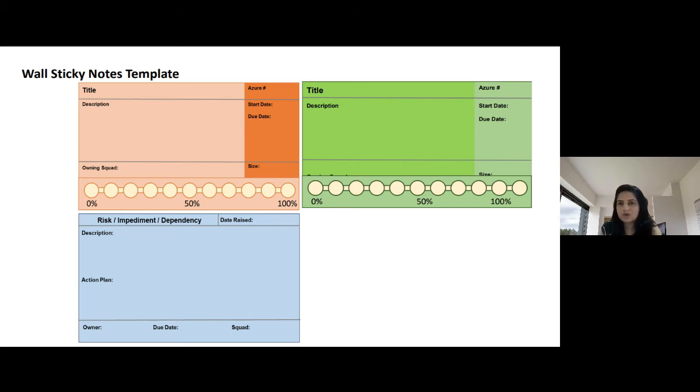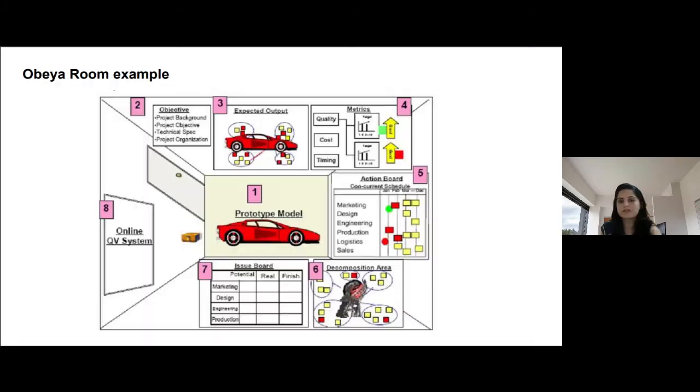This is for the milestone, and this is for the risk, impediment, dependency. So this way you're using it, but it's perfectly fine if you use yellow or whatever color sticky notes you want to use. That is also absolutely fine. But we have used this, we have just placed it, and then we took the printouts, and it's easier to use and to distinguish what is what.